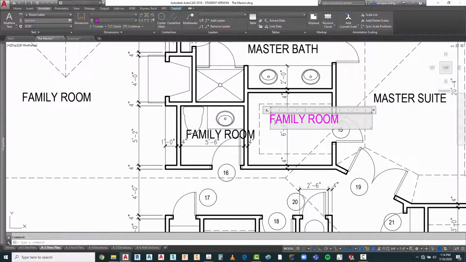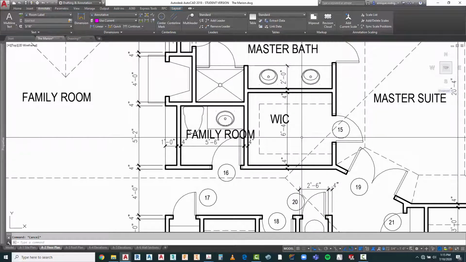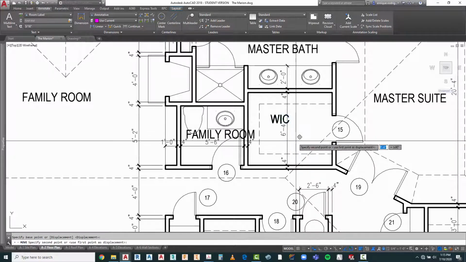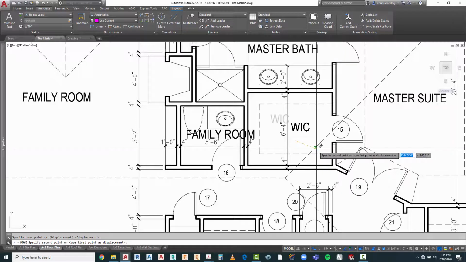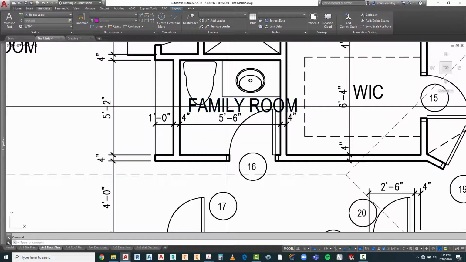This one, I can leave it this size or make it a little bit smaller font, but I'm going to leave it at that and just put WIC, which is an abbreviation for walk-in closet. And let's put it right here. This is going to be our powder room. Now I don't want to write powder room in there, so I am going to